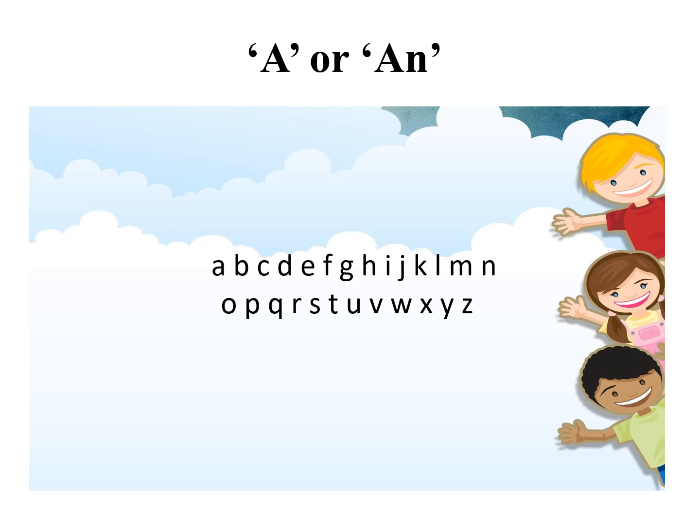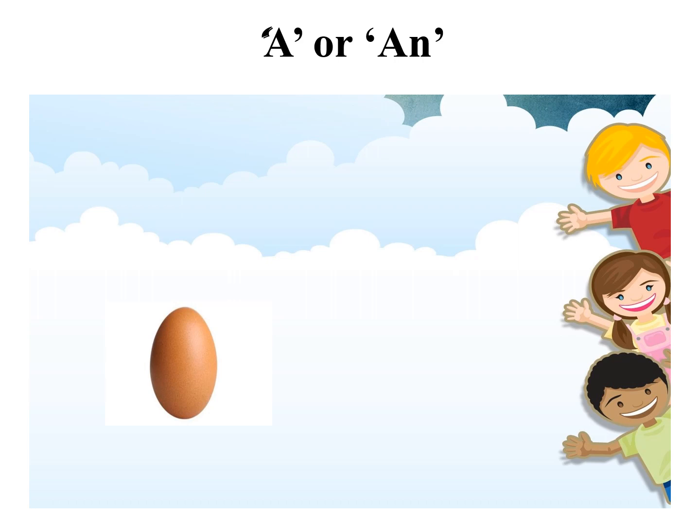There are 26 letters in the English alphabet. Out of these 26 letters, A, E, I, O, U are vowels. When a word starts with a vowel, we put article an before such words. For example, the word egg starts with the vowel E, so we are going to put article an before the word egg, and it will become an egg.